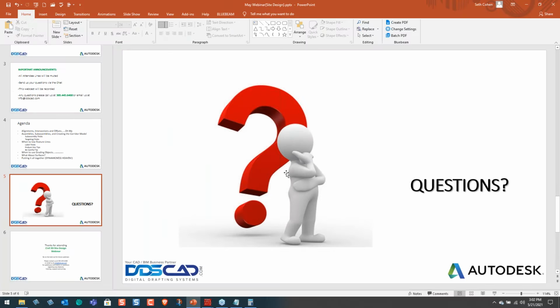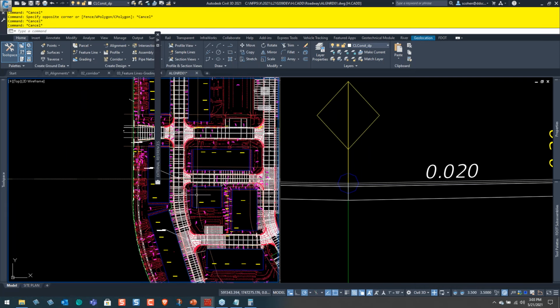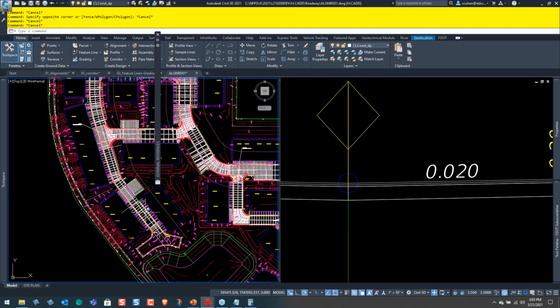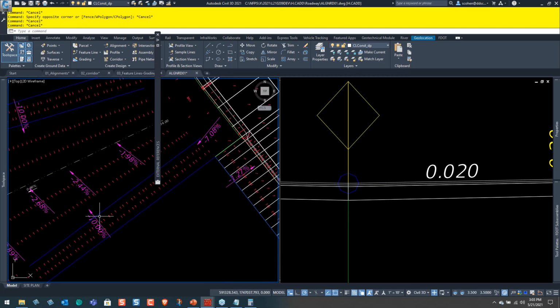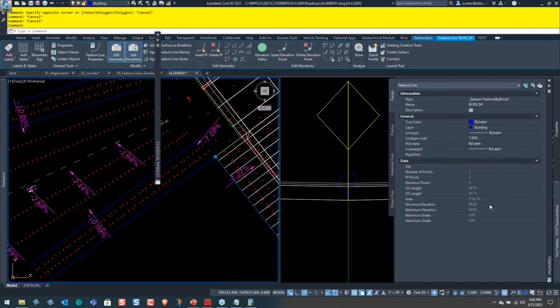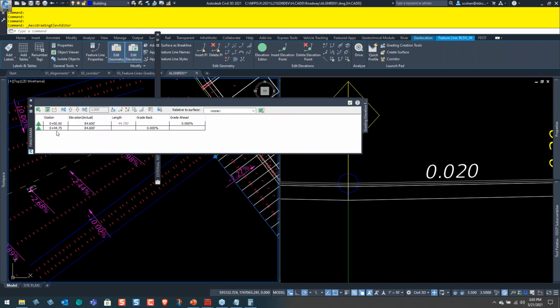Yes. So basically, sometimes you'll actually have to do this. Let's say, for instance, I've got a building, and you usually have like a 5 foot, 1 to 10 slope setback, or not setback, but just a flat spot. So if I change this one here, let's say I change this to 85.5, we'll just do that real quick. So I'll press Control A, click here, 85. Actually, I'll just make it 85. It won't be that high. And then I will